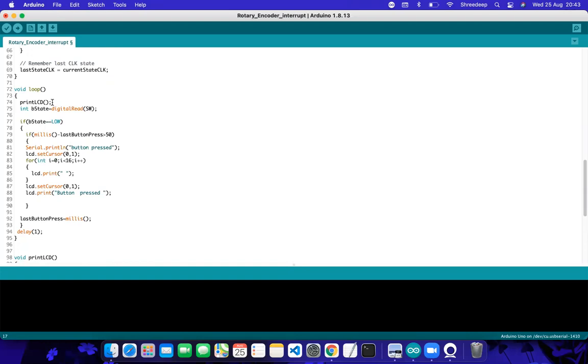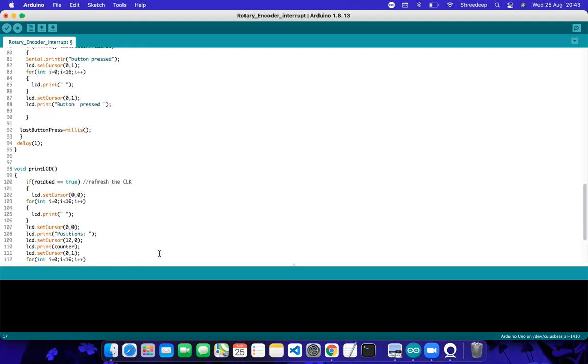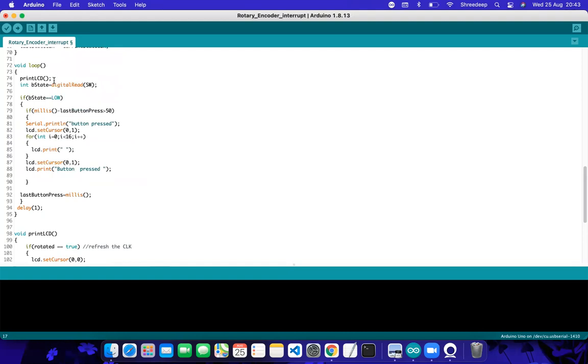But not every time the LCD function is called will it go through all the lines. If rotated is true, that means you have turned your knob either clockwise or anti-clockwise, then only these lines will be executed. These lines are the same, corresponding to the position and the direction. So it always checks whether the rotation is performed or not.